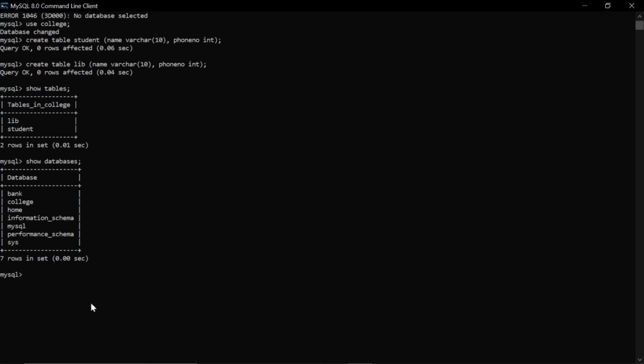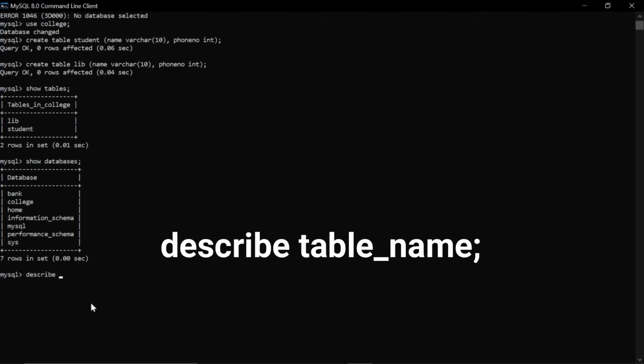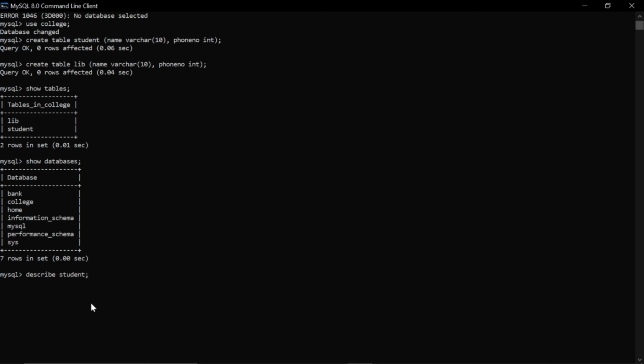Now suppose you want to see the whole structure of your table, that is the names of its columns and the data type which corresponds to each particular column. For that you have to describe that table. So we'll write describe and the name of the table, that is student.